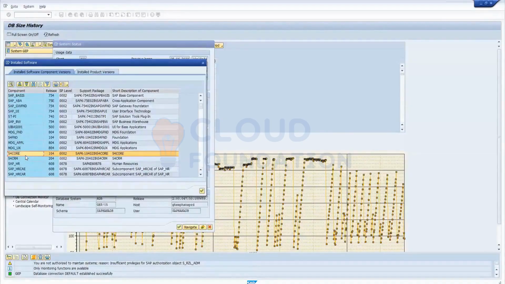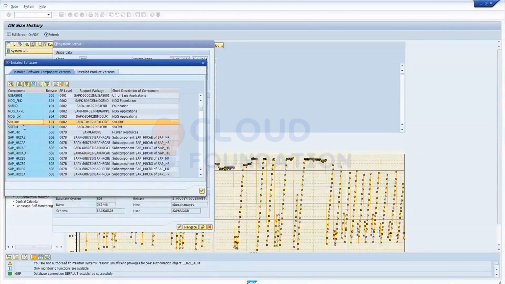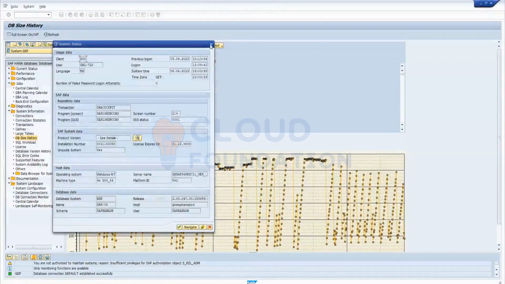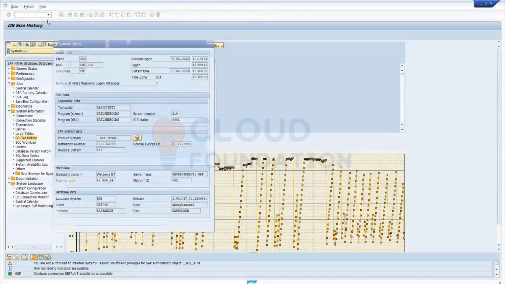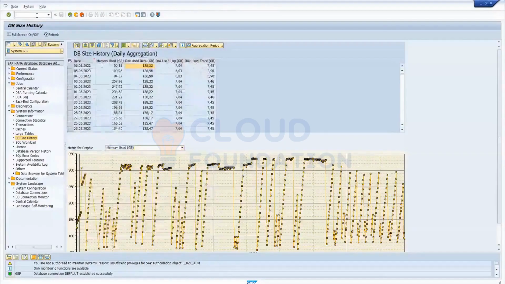If you want to see how many T codes are there, you can close this one. How to identify how many T codes are there in your SAP system? This is the data browser.